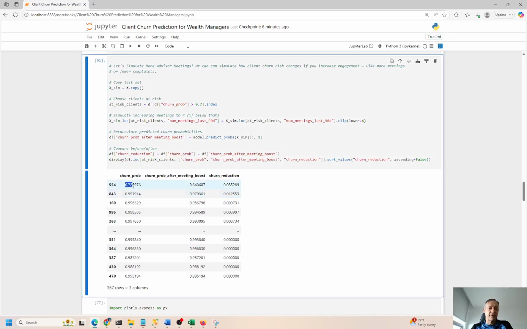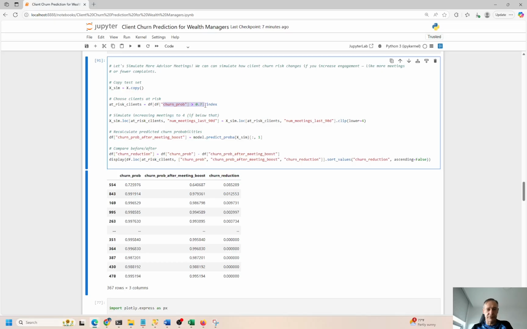So the original churn probability was right here, 0.72. Again, I'm just looking at things over 0.7. So 70% chance of leaving. That's where I want to focus my efforts. If the guy is really happy or the girl is content, we have a great relationship and the churn probability is close to 0, I don't need to focus a lot of time and attention on these people. It's the people that are giving us their business right now that might take off in the next 6 months. That's where we have to focus the effort, right?